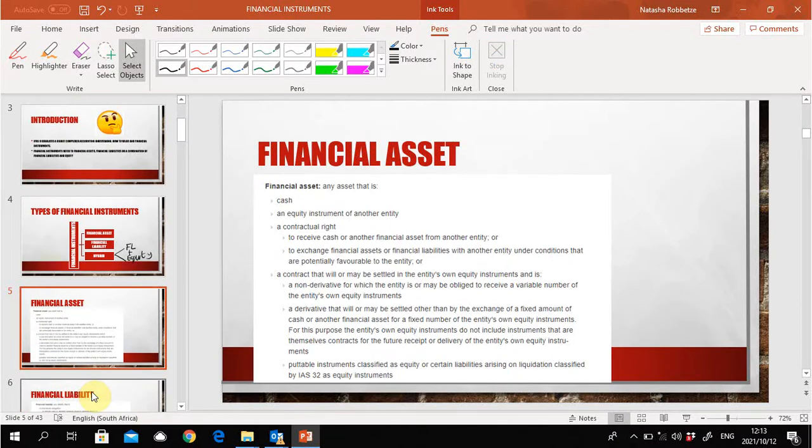There's a definition for a financial asset as well as a financial liability. In short, a financial asset means that you have cash or you've purchased an equity instrument of another entity. So if you are A Limited and you buy shares in B Limited, that's a financial asset. It can also be the right to receive cash or another financial asset, or to exchange financial assets or financial liabilities under conditions which are favorable to the company under review. Then, a contract that will or may be settled in the entity's own equity instruments, and is a non-derivative or